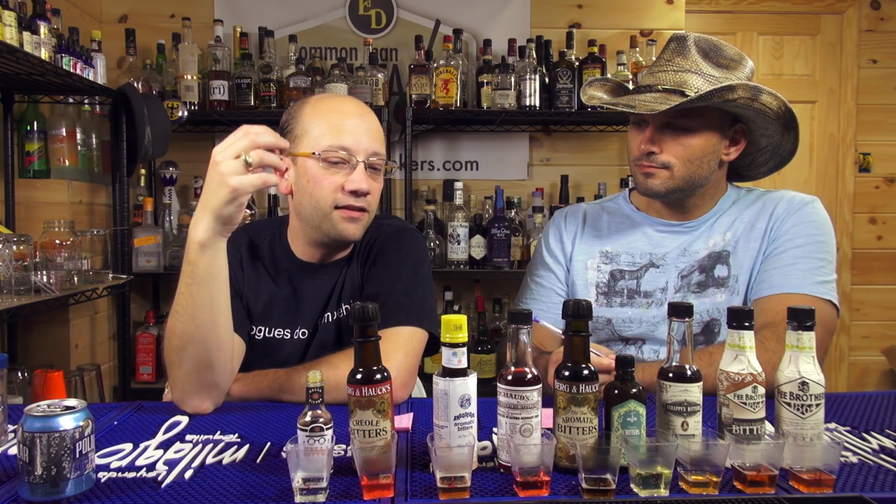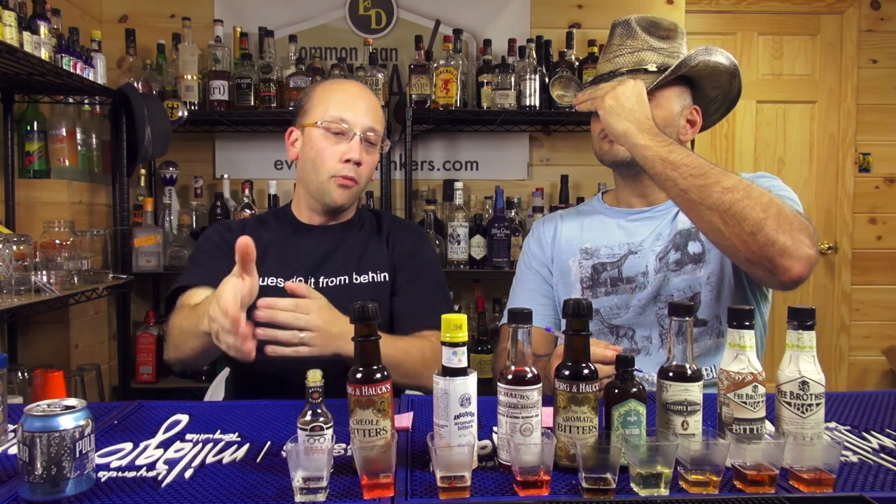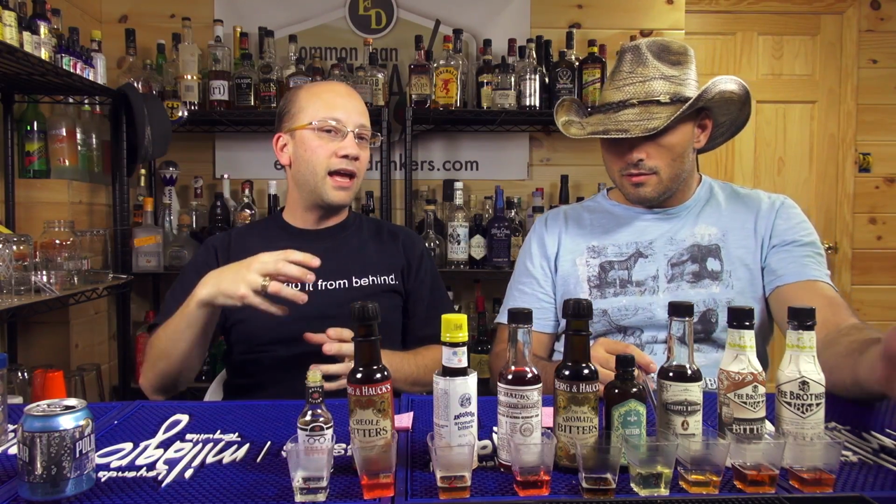Yeah. So the aromatics traditionally, I think, have more of that bark play. Not all of these follow those rules. I like the difference between these. If you have a cocktail that needs clove-like flavors, boom, you bring in the Hella Bitters. If you're looking for something a little more cinnamon heavy or nutmeg heavy in those directions,